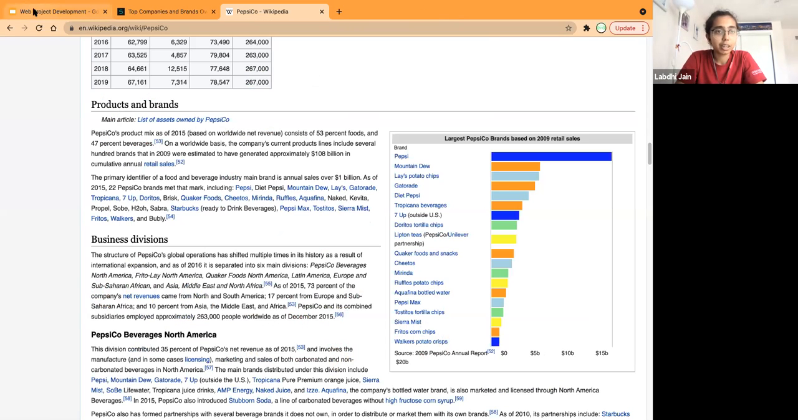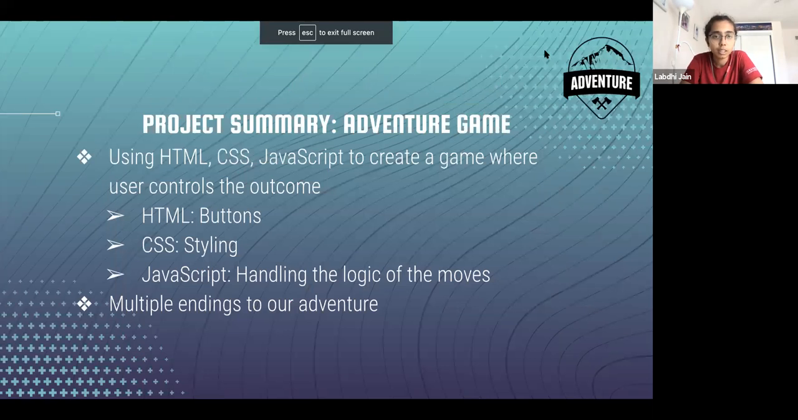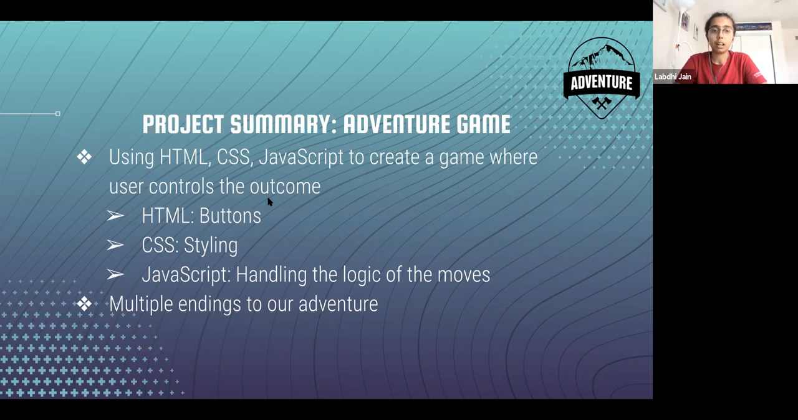All right, let's go ahead and get back to our project. So project summary, just a recap of what we have been doing from the different sessions. For project development, we have been using HTML, CSS, and JavaScript to create an adventure game. We used the HTML for buttons and the text. The CSS we will use in the future for styling. And then the JavaScript is the actual logic code that we use to add in our conditionals, loops, variables, and